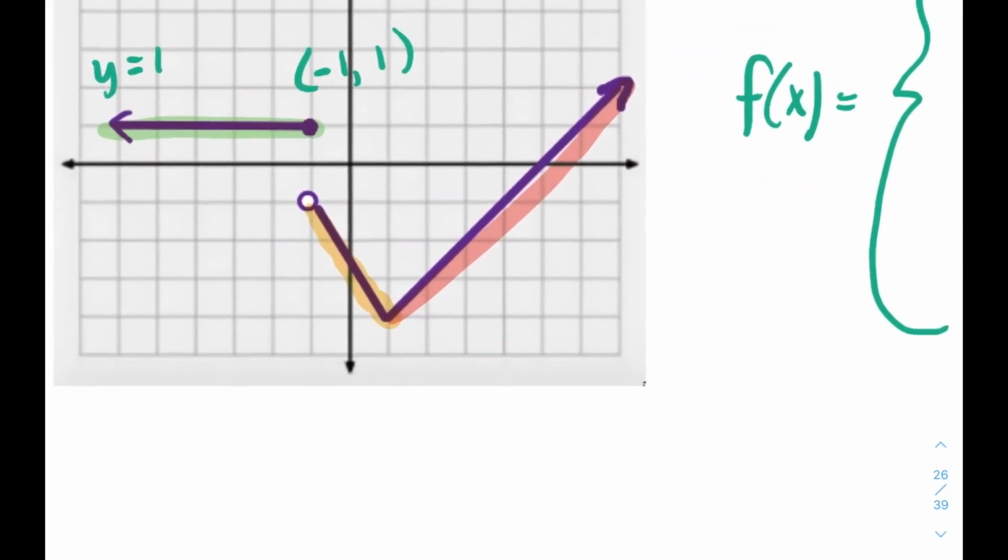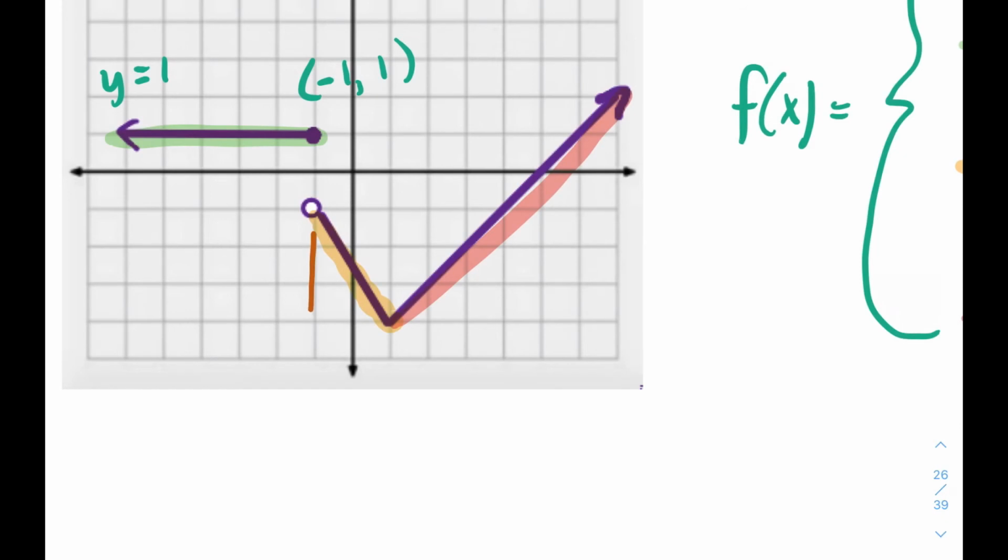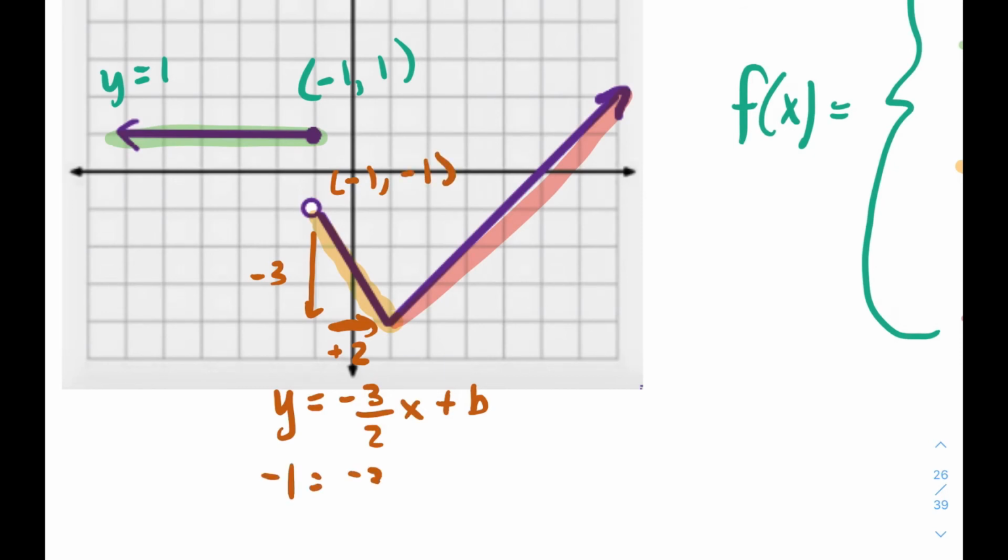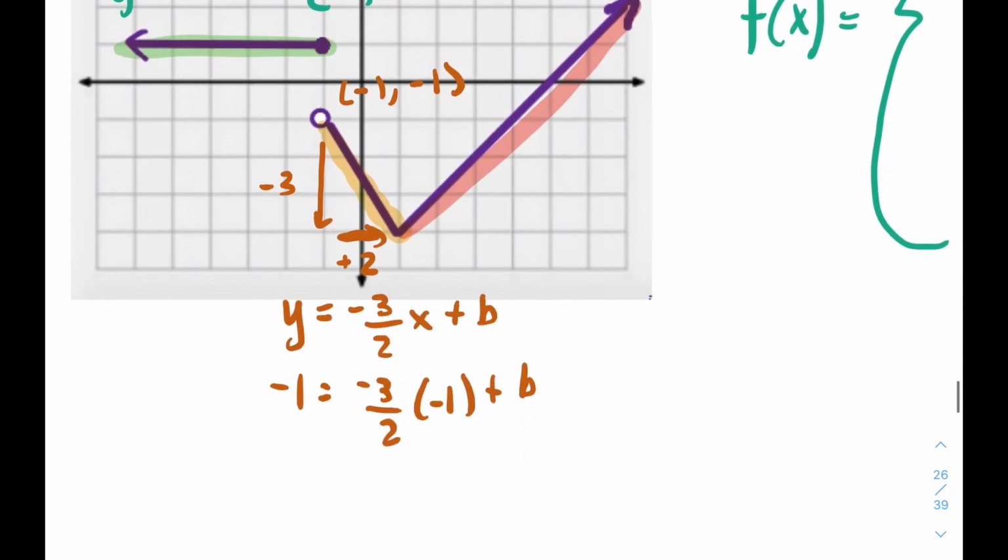My orange piece, I'm going to do some slope-intercept form here. So my slope going down 3, right 2, my slope's -3/2. And then I need to figure out my y-intercept. I could estimate it, but I don't want to estimate it. We need to be exact here. So let's plug in a point that's on my line. I could do -1, -1, and plug those in for x and y, and solve for my y-intercept, which is going to give me